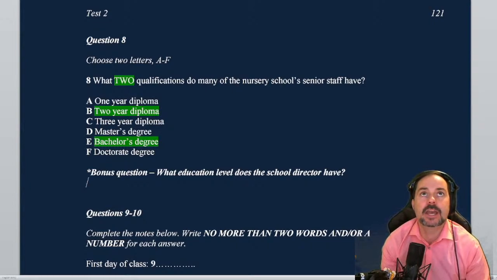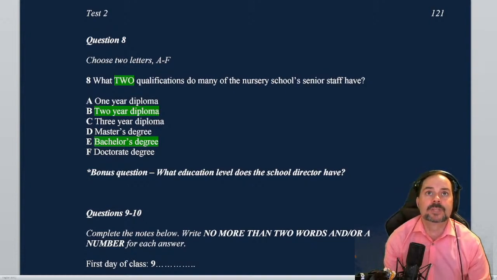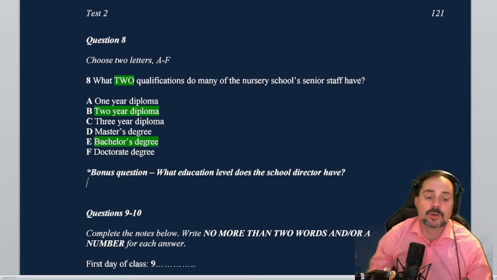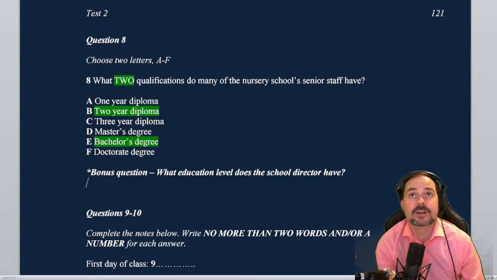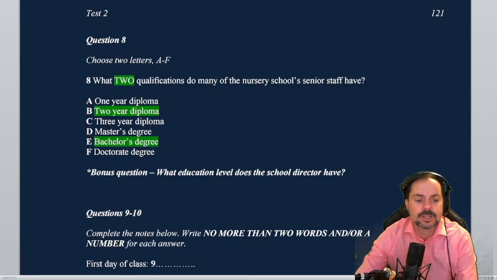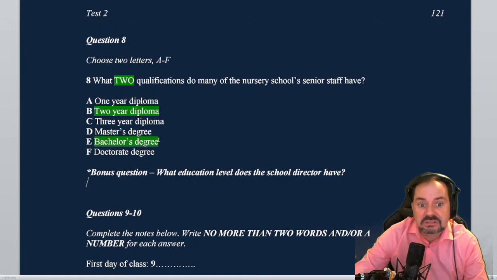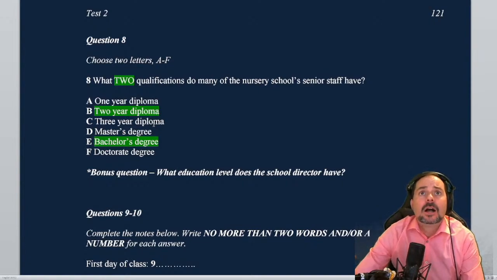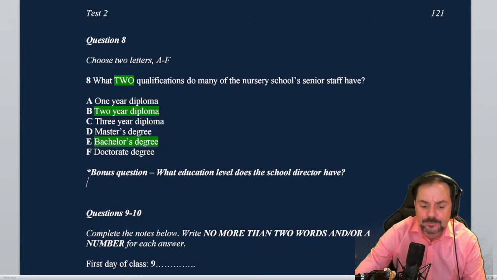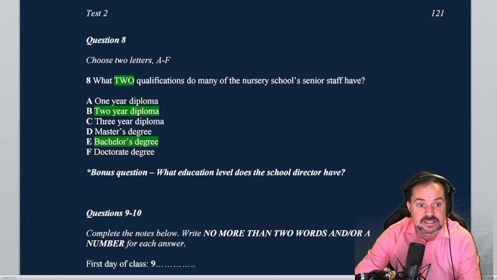Yeah, no, it's A. Jyoti says it's F. It's a doctorate degree. So the director has a PhD in education, if I'm not mistaken. Some of them have a master's degree, but I believe she has a doctorate degree, if I remember correctly. If I'm mistaken, I'll have to check. Somebody's asking, can you replay that part? Yeah, I can. When you go to the website, you can replay chunks of the audio. Here, let's listen to it, because maybe I'm wrong. Maybe it's not a master's. Maybe it's a doctorate degree.